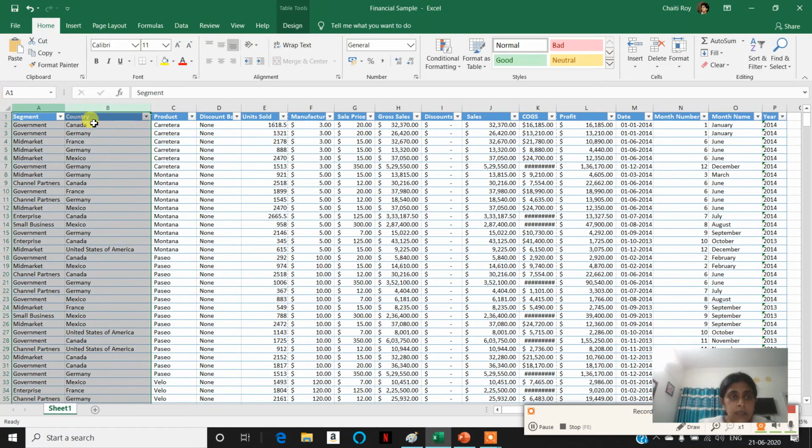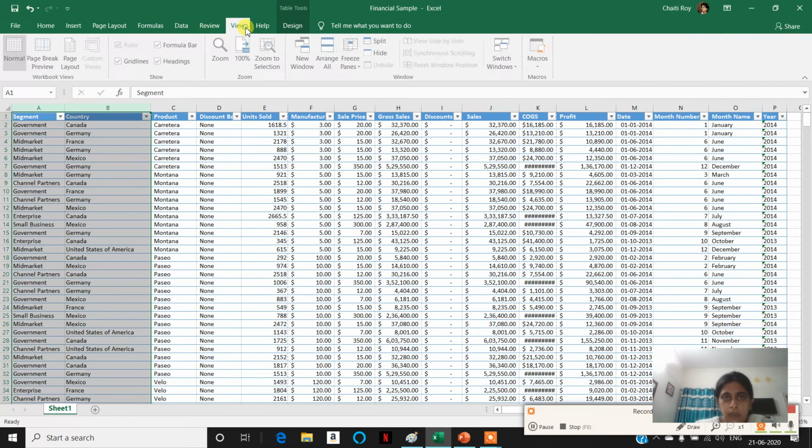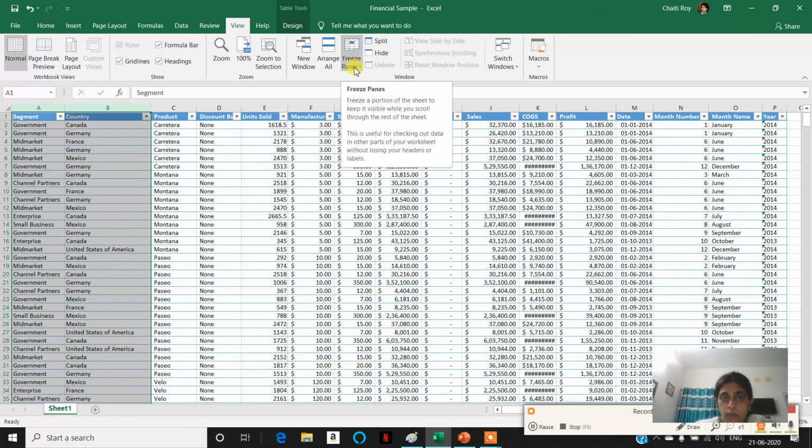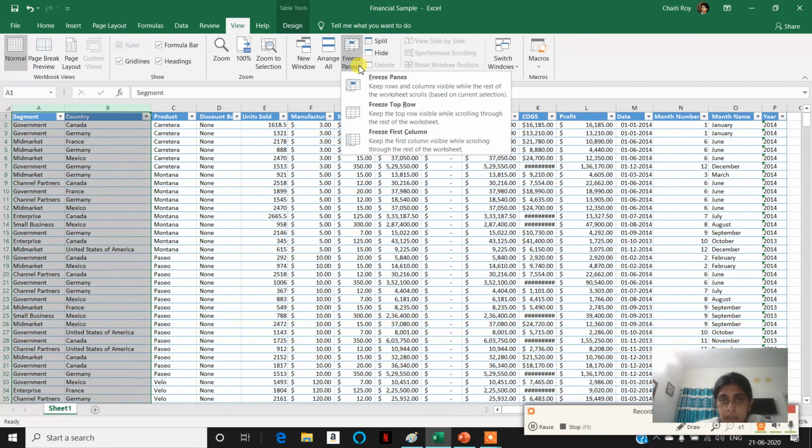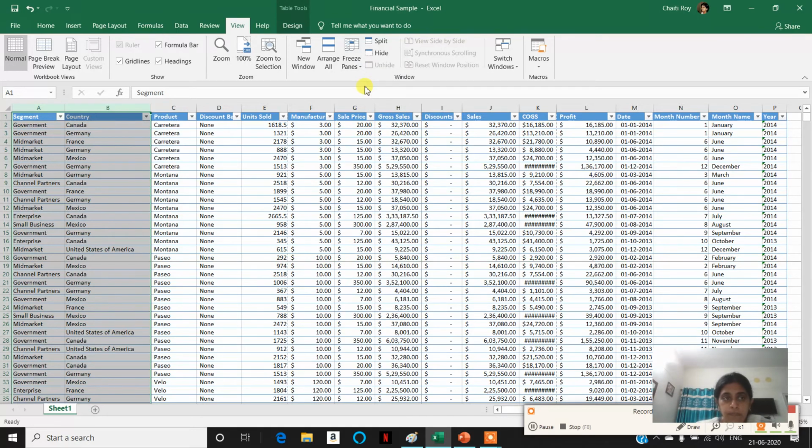So what I do is I select these two columns. Now I go to the View tab. In the View tab, I go to Freeze Panes. See, View tab, Windows group, Freeze Panes. So I click on this.